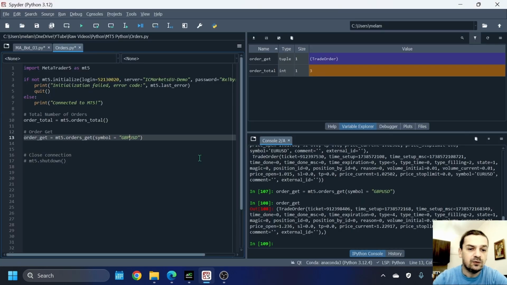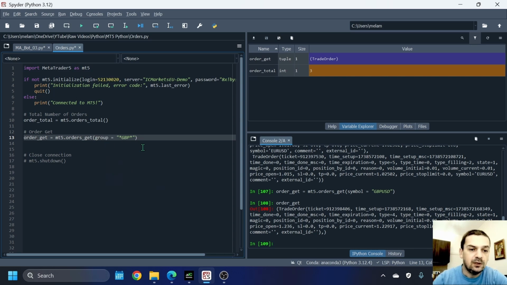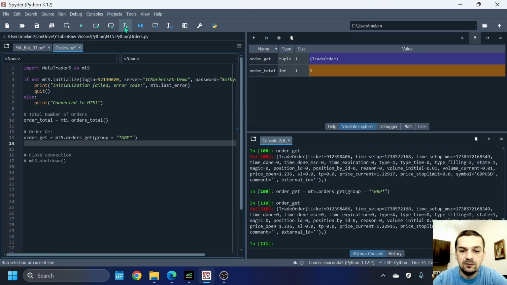You can here, for example, provide only, I think this group works, you should place this inside an asterisk. So group equals, and let's run this one. So it finds inside the string this GBP substring, and if this is the case, you can see here the symbol name is GBPUSD,